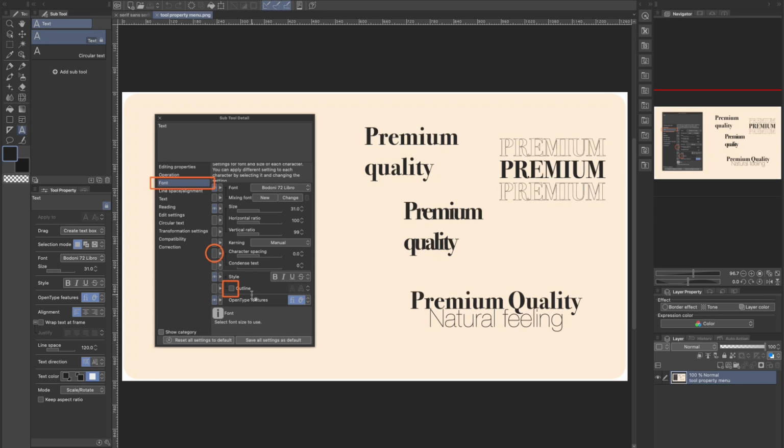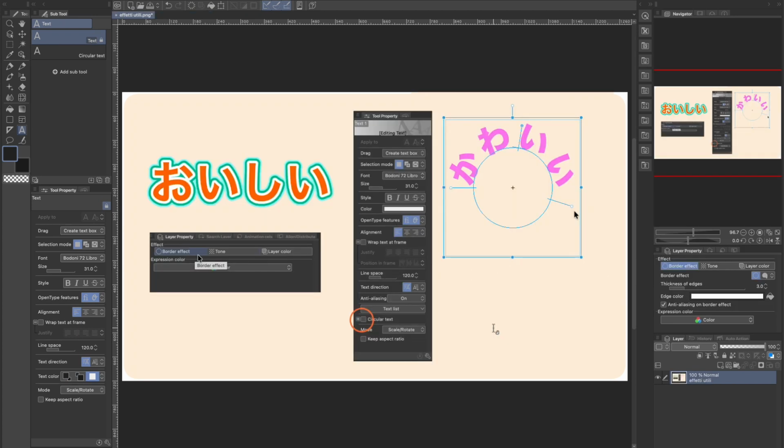I'd like to show you two more useful effects. The first is the border effect, which you can find in the layer property window. If you click on it, you can add a border to your font and choose a color and thickness in the same window. However, if you right-click on the font layer to which you have added a border and select Rasterize, the border will remain permanently. You can then apply another border by clicking on Border Effect again, and you can repeat this process to create